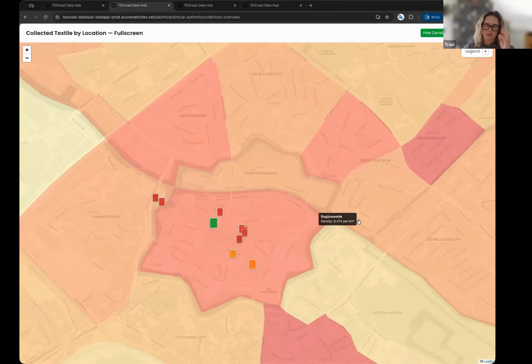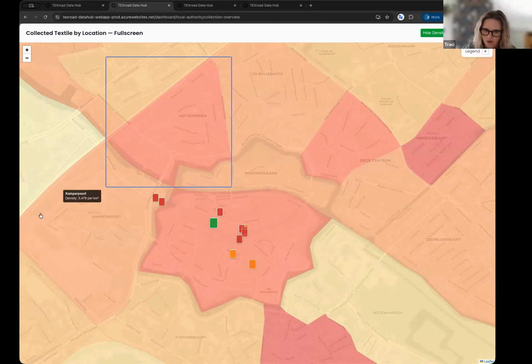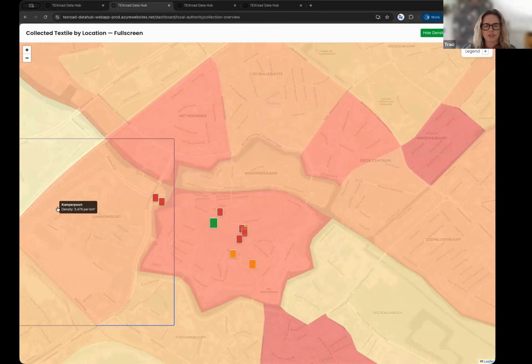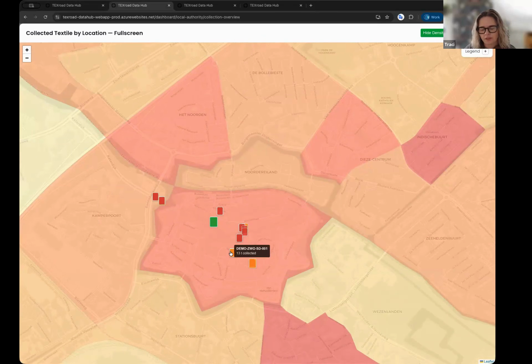In some cases, and specifically for all the Dutch municipalities, you can see population density. If these statistics are available somewhere, then we can load them in, even if you're not in the Netherlands, by the way. We've done that in some other regions. So you can see an overlay of population density and collection points and how each of these collection points is performing. So you can start to get a sense, as a municipality, but also as a collector or a sorter, of whether the network is serving the highest population dense areas. How are those collection points performing? If you move a collection point, then over time you can see how the performance changes as well.